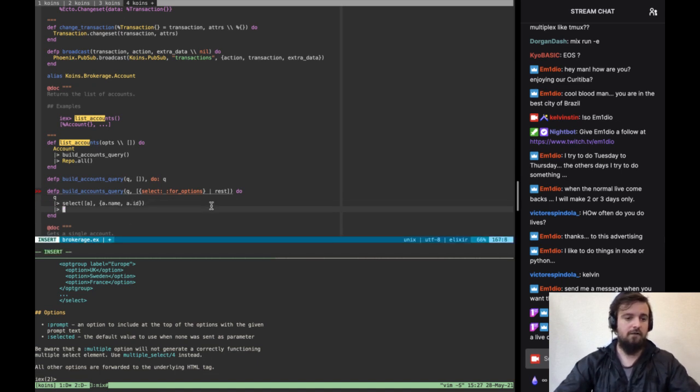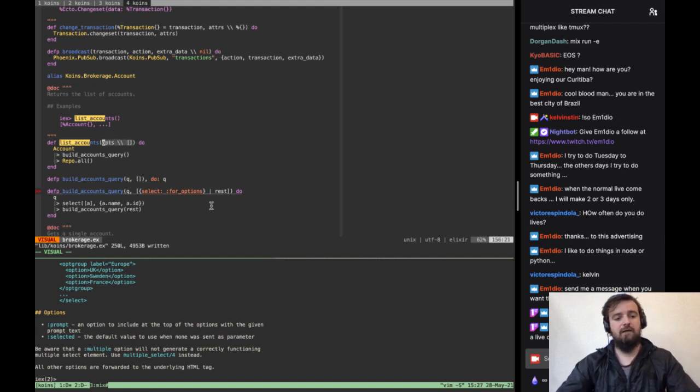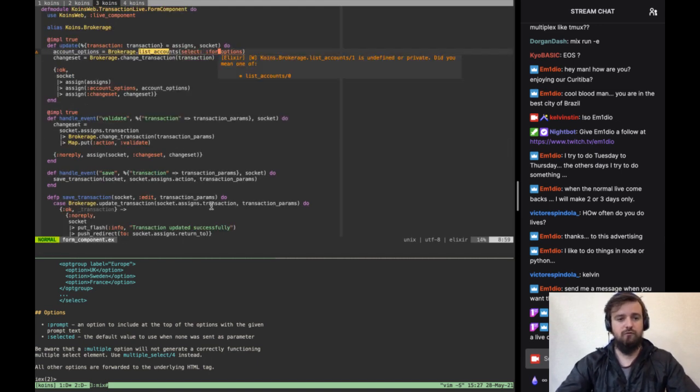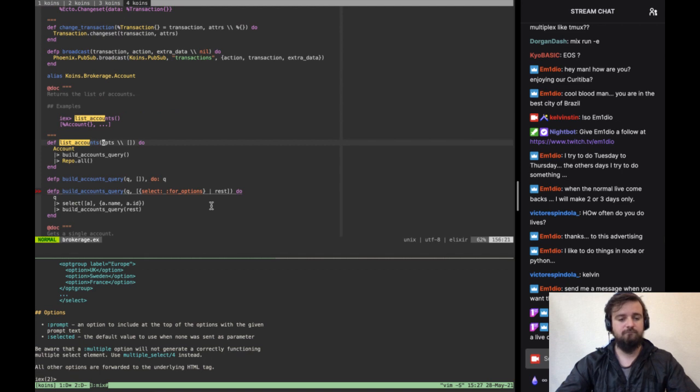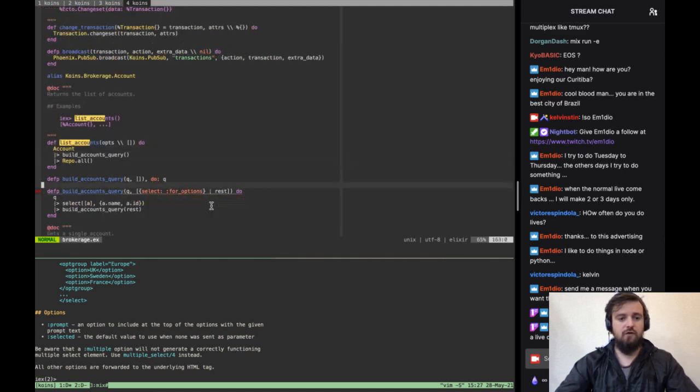In here, I do build_accounts_query with the rest. So this is a way to actually make the options here. I can send options to the function list_accounts, a list of options, and to actually build the query